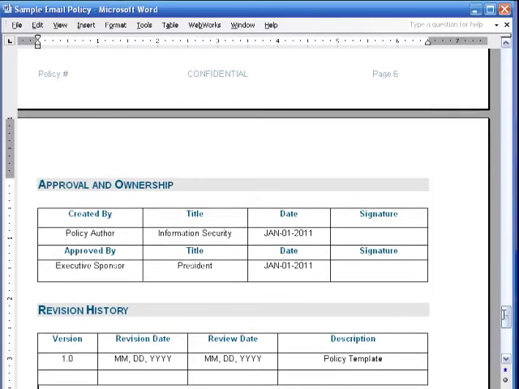The final section enables you to maintain a complete revision history, which is recommended practice to comply with data protection laws. In this case, we will replace our policy author, David Linneman, executive sponsor,